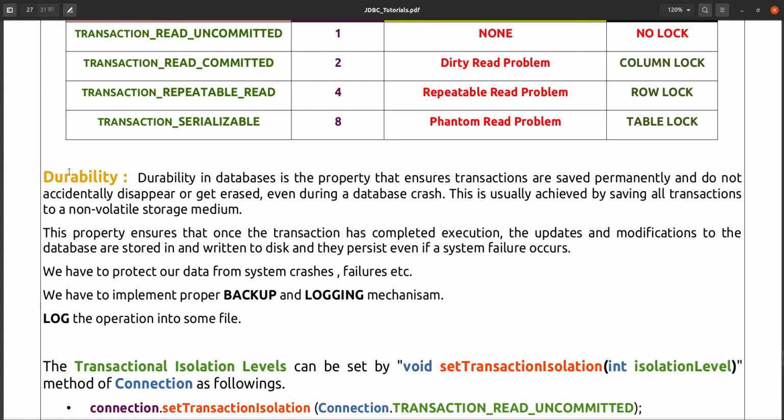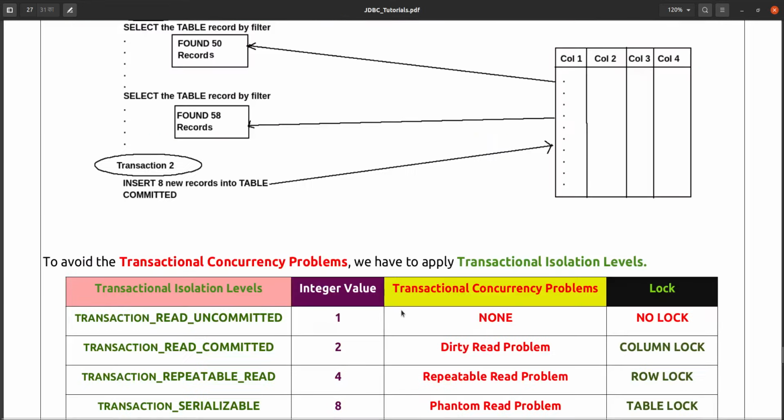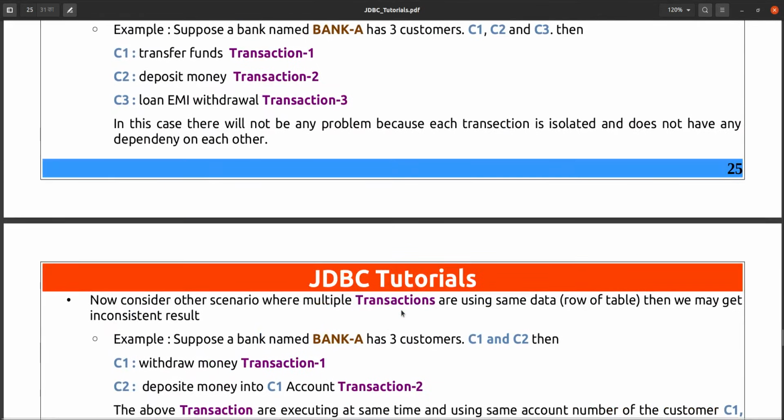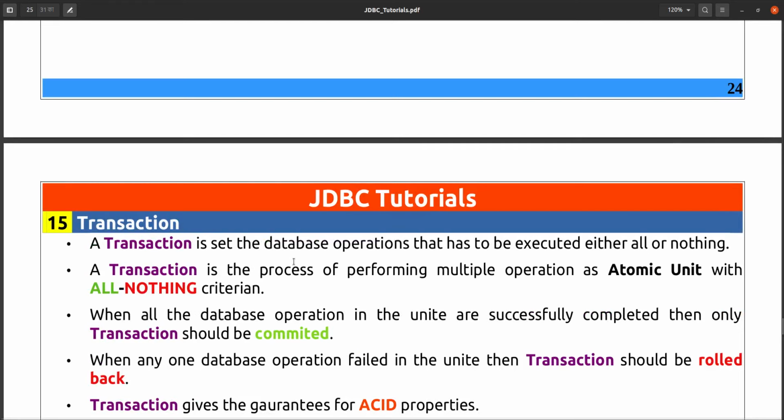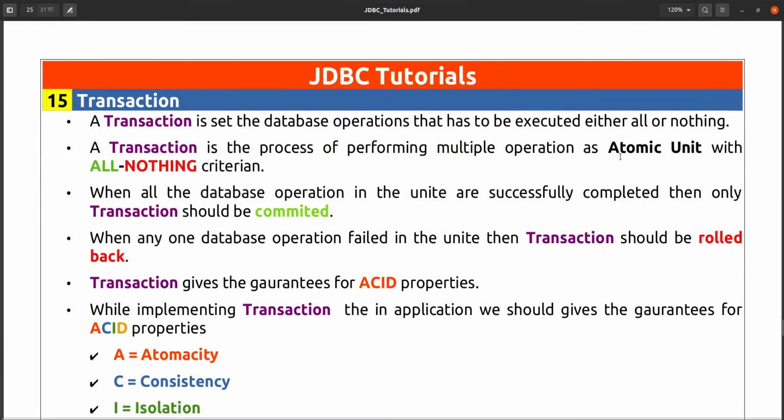So the transaction also should do that. This is called durability, and this was the definition of transaction. Transaction is nothing but the atomic unit or set of database operations that should be executed all or none of them should be executed, with the all-or-nothing criteria.